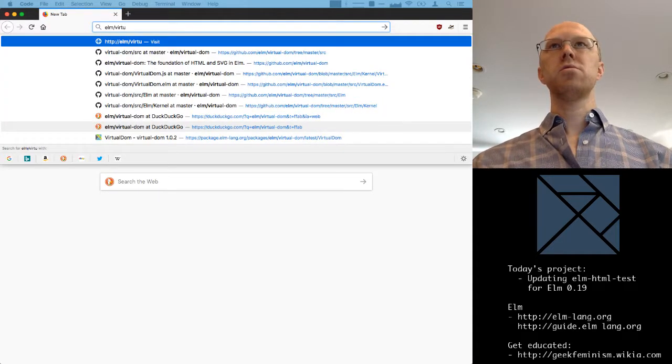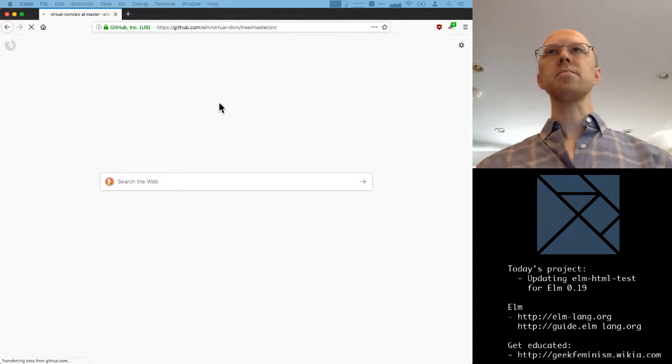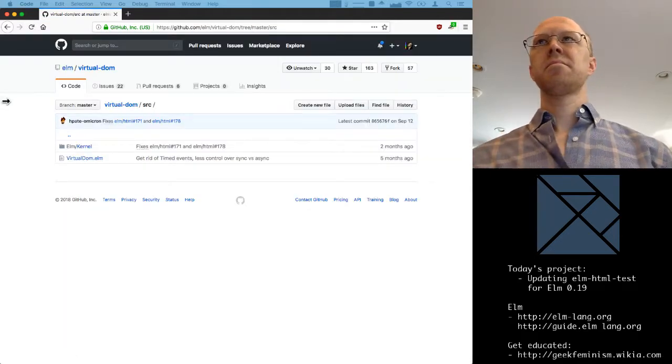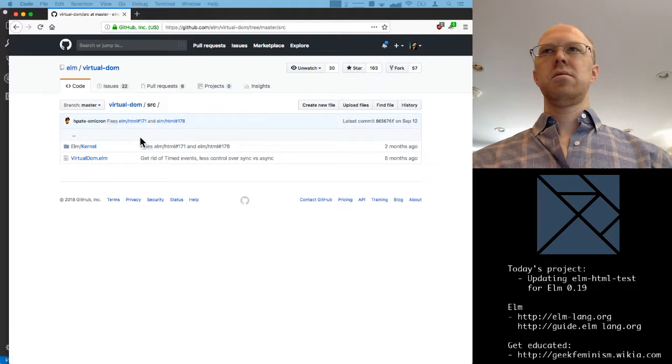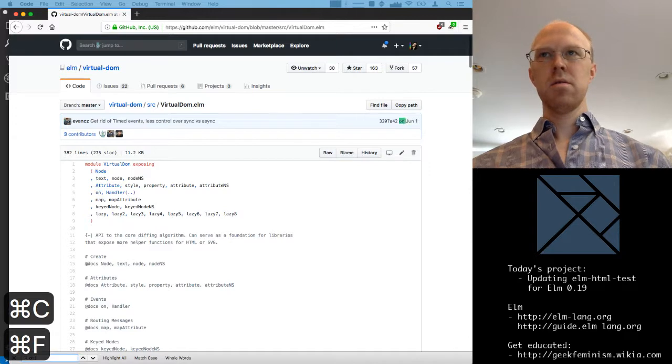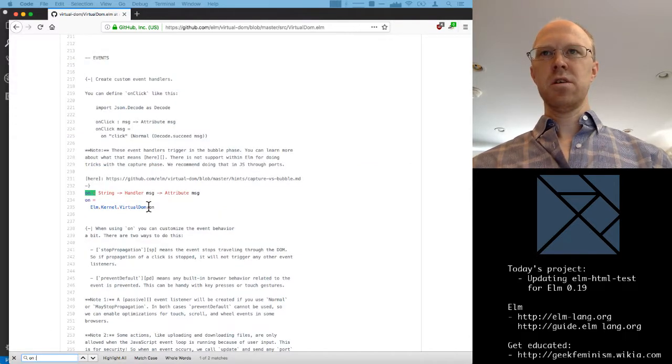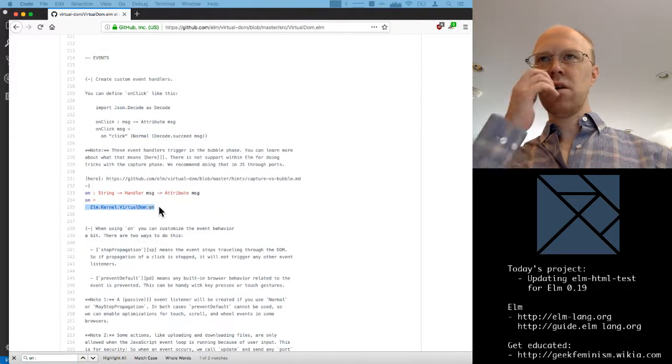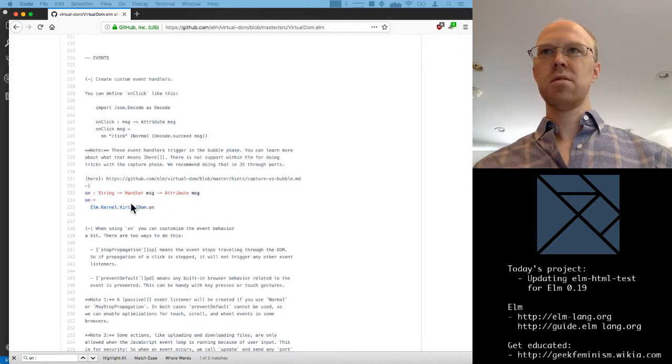Elm virtual DOM. And I guess maybe we can start here. So on is a function. That's kind of the entry point to all this event stuff, I'm assuming. And this is going to take a string and a handler.